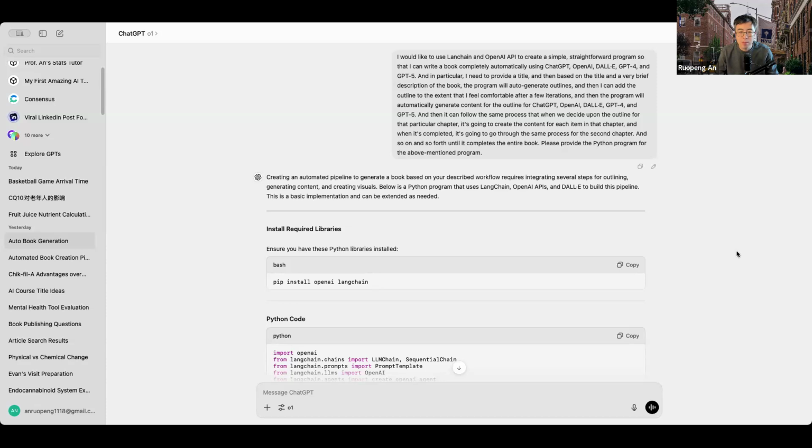So the first example I would like to show is a relatively complex programming question that is also practically quite useful.